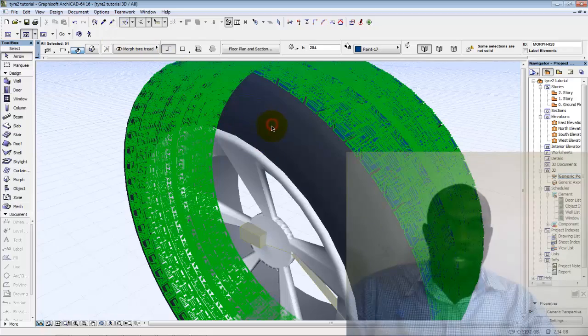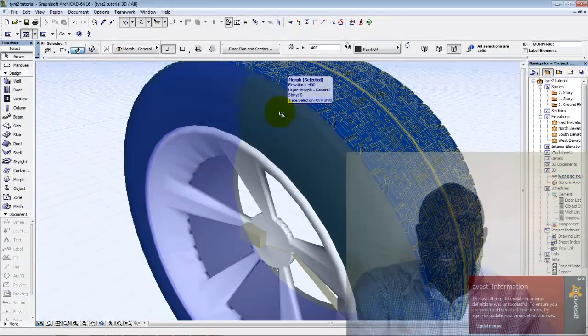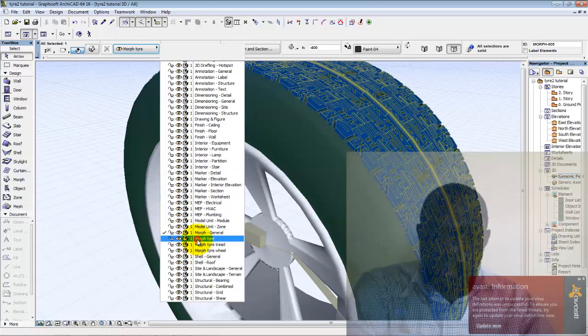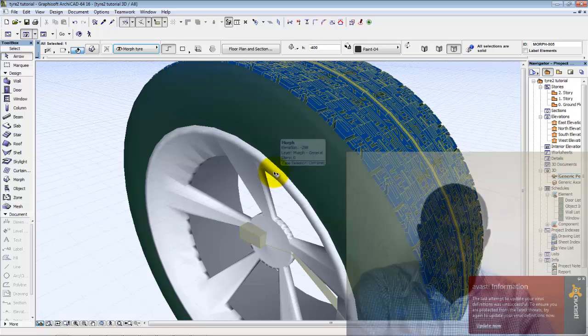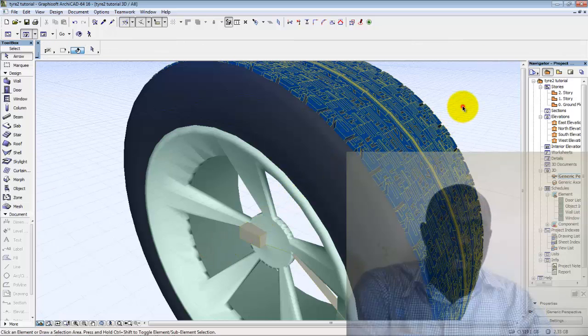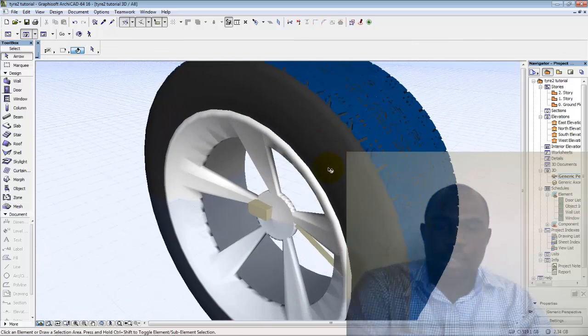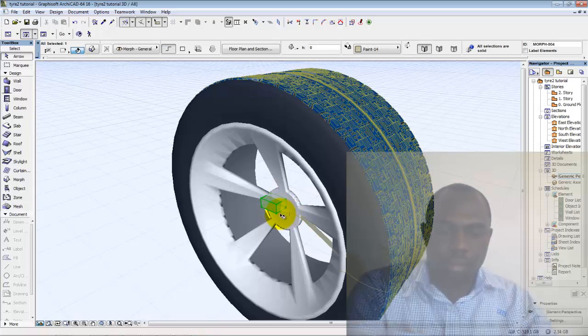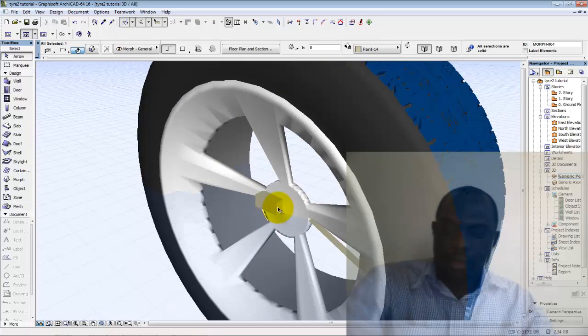Morph tire thread. So having selected the tire, you go to the Morph general, you change it to Morph tire, so that's the body of the tire. So it's red Morph tire. So we select the wheel, we assign Morph wheel to it. So that's that. So we can now go ahead to delete. Okay,